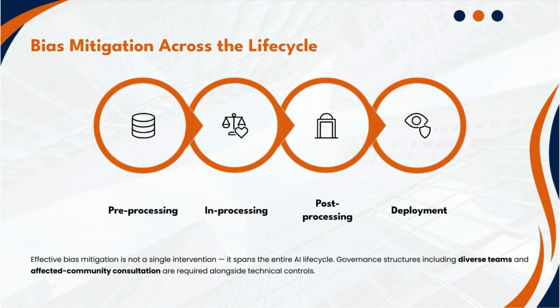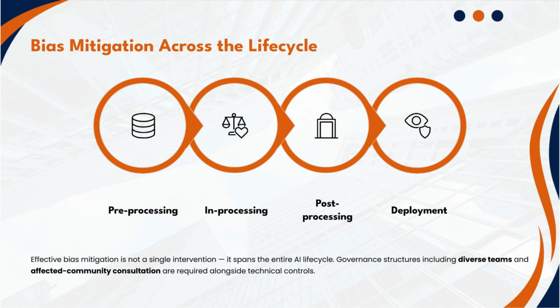During training, you constrain the model itself. You add fairness objectives alongside accuracy, so the model is penalized for disparities as it learns. This is powerful, but it's where that impossibility result bites. You're forced to pick which fairness definition you're optimizing for. There's no dodging the choice here. After training, you adjust the outputs, different thresholds for different groups, or post-processing to equalize outcomes. Effective, but sometimes legally and ethically fraught because you're now treating groups differently by design, and that has to be